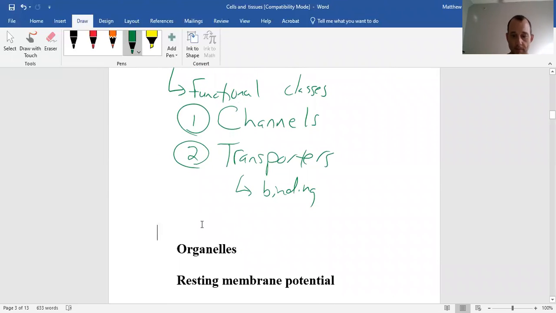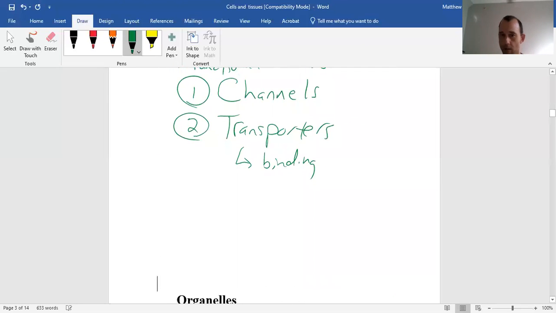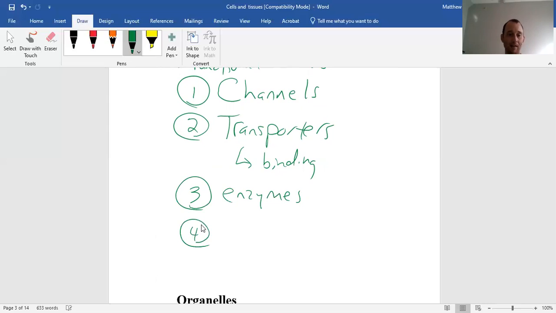In addition to that, there are enzymes. And again, an enzyme is just a catalyst that speeds up a chemical reaction. So you have proteins that act as enzymes. In addition to enzymes, you have things that create junctions, things that connect cells together. So in other words, we can say,